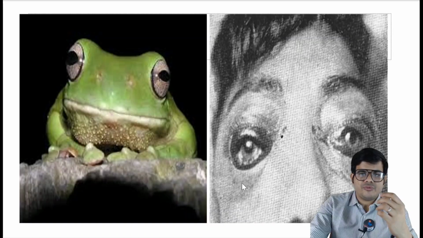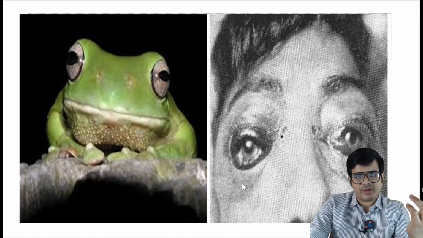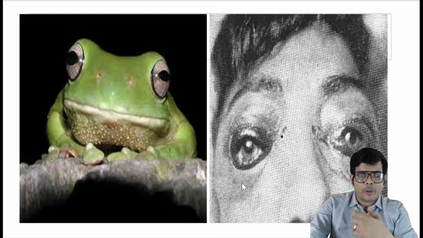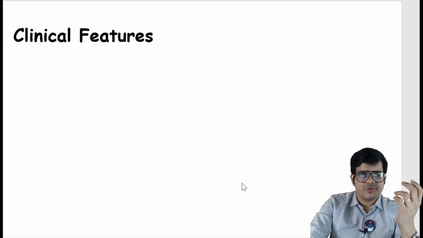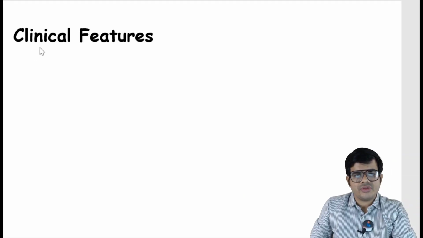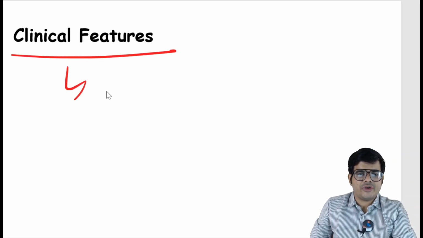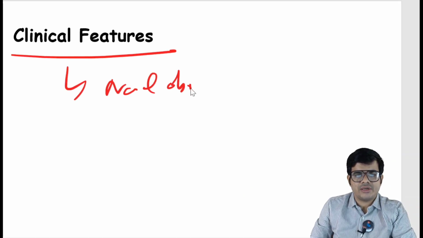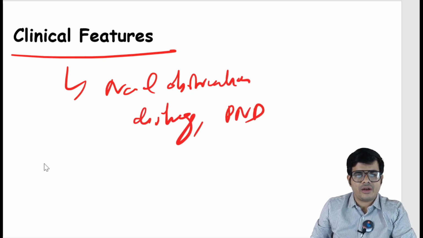Okay, and on examination, if the polyps are large enough, he can even have a frog face like this. Okay, even proptosis can occur in the bilateral ethmoid polyp formation. So these are the various clinical features you have to know. That is nasal obstruction, then nasal discharge can occur, postnasal drip can occur. Okay, and along with that, there will be facial pain